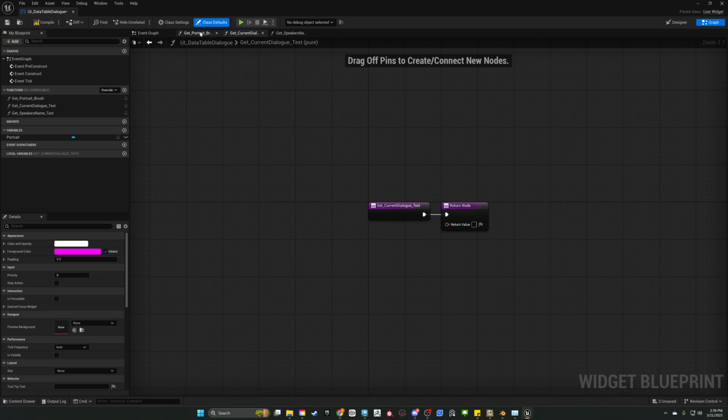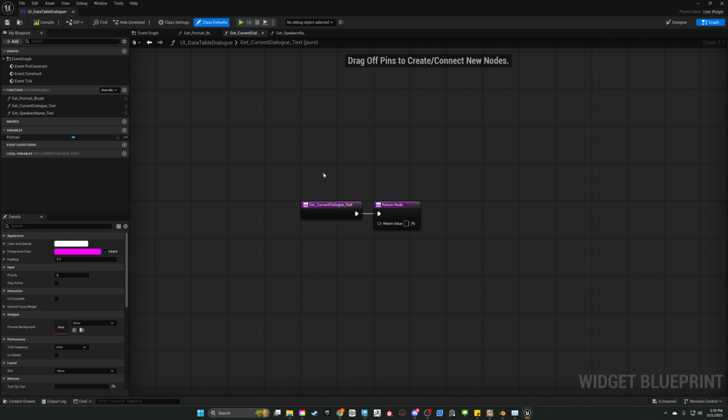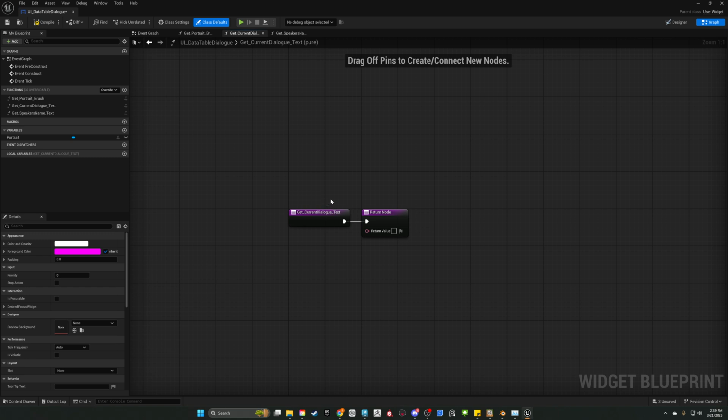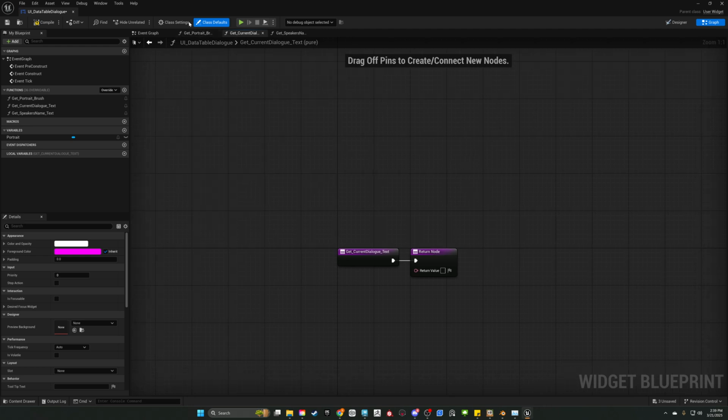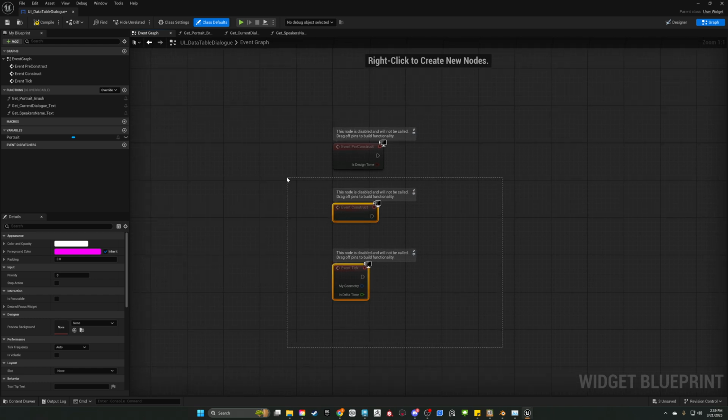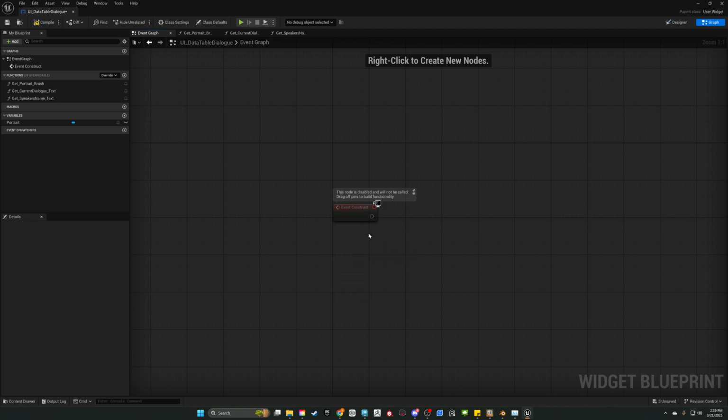Great. So now we have one function for each of our little inputs. And now they're just looking for something. So we got to give them a value. So the next thing we got to do is we're going to pull the information from our data table. And that will then be kind of populated in here. So to get that started, let's go to our event graph. So how we're going to do this is first thing's going to be off of this event construct here. So first thing we'll need is we need a reference to our data table. So if we drag out from here,